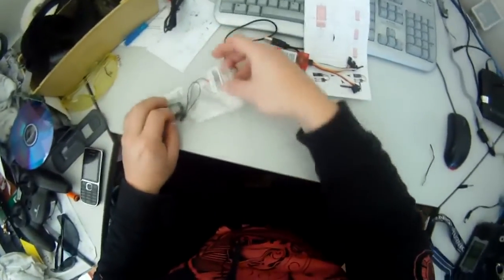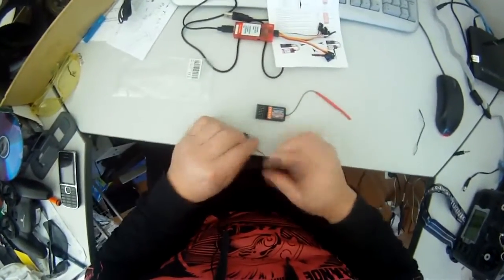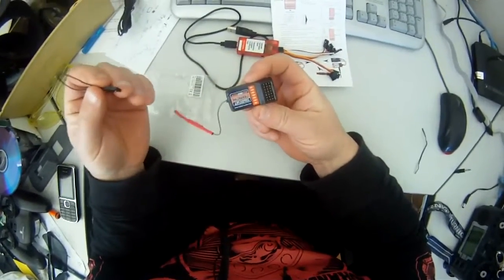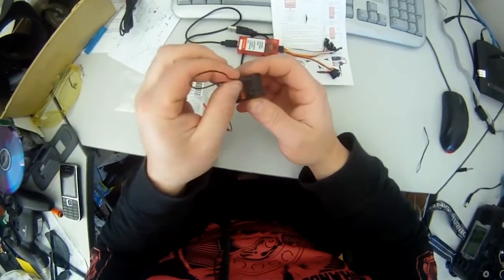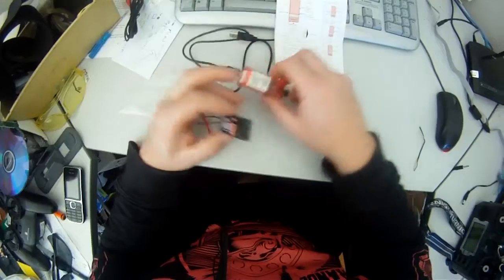So what you've got to do now is bind your receiver, if you've got a new receiver, obviously. So what you do is you get your bind plug, and this is an HKTR 6A V2. You plug the bind cable into the battery port. Now we've got to connect this up to